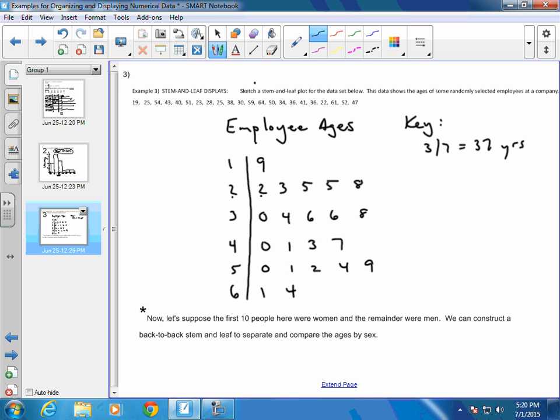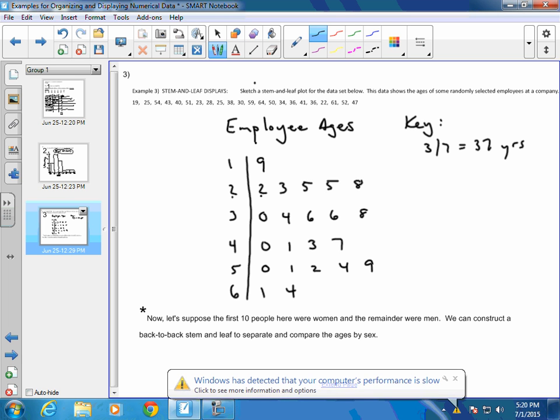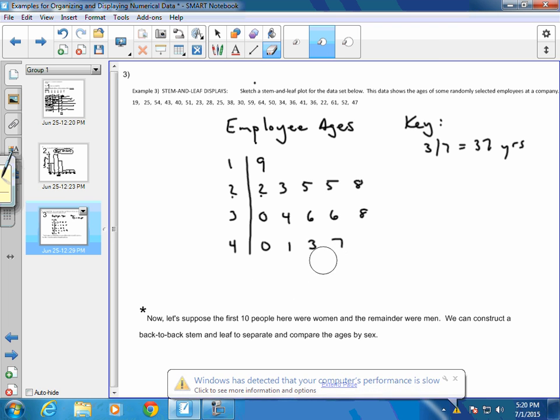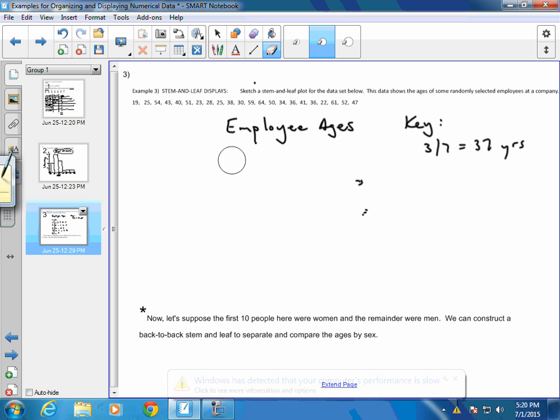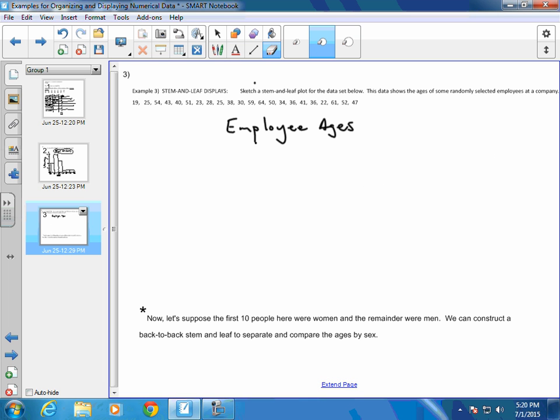Okay, so at the bottom here, let's suppose the first 10 people here were women and the remainder were men. We can construct a back-to-back, sometimes called a comparative stem and leaf, to separate and compare the ages by sex. Alright, so I'm going to erase this graph that we have here. And let's split this up. Let's put men